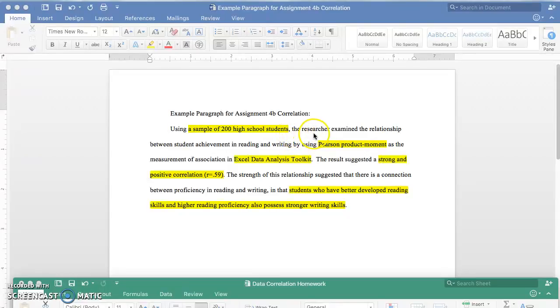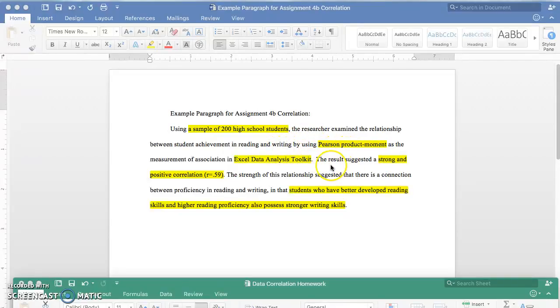Then you will talk about what analysis you did and the variables that were analyzed. In this case, it was the student achievement score in reading and writing. The analysis you used was Pearson product moment as the measurement of association between the two variables. And the software we used was Excel, data analysis. So the first sentence usually covers what the sample was, what the variables were, and what the